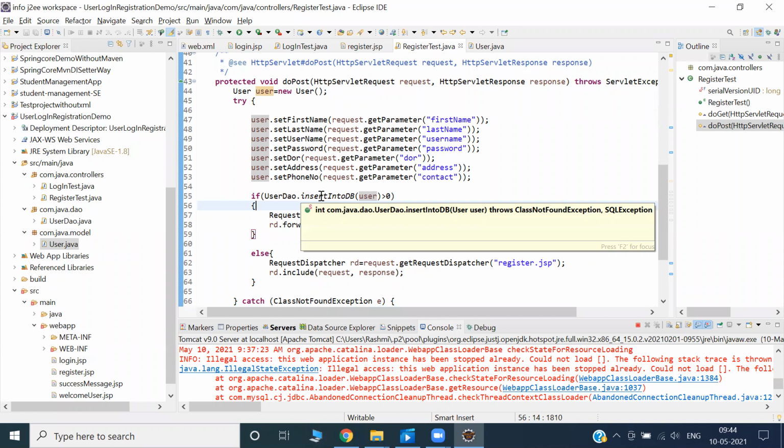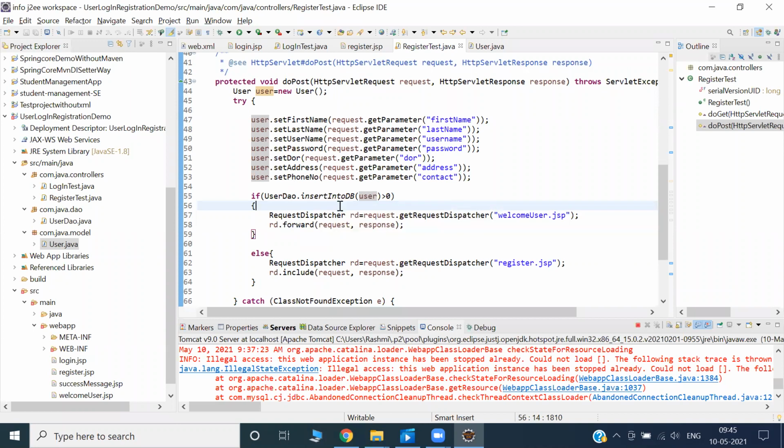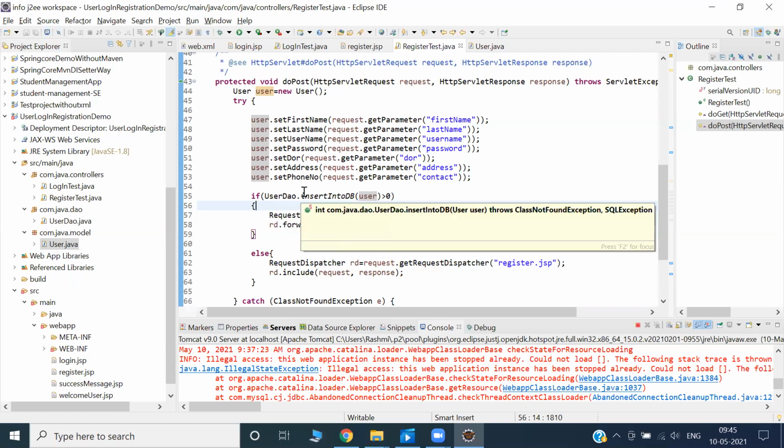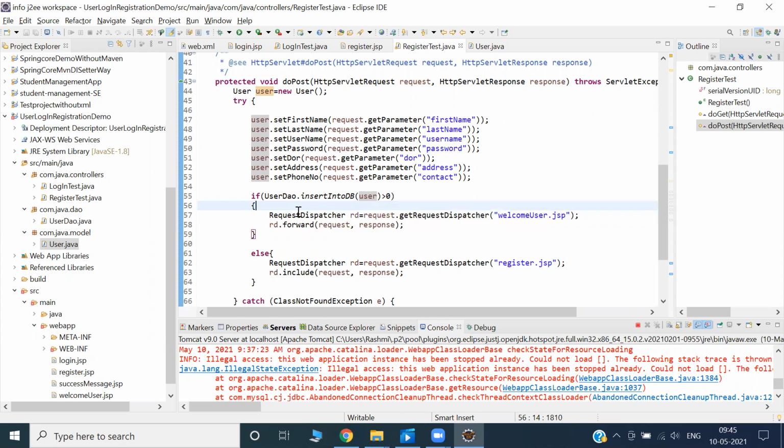It's not giving more information about whether it is static or non-static. Something is the userDAO. Maybe you don't know at this point of time, but if you click this one, it will show what it is doing. I think some of you already know it's a method, it's a class.